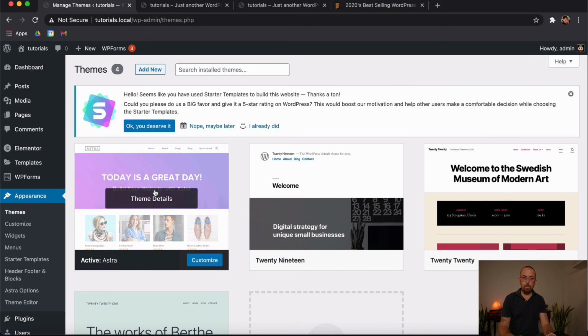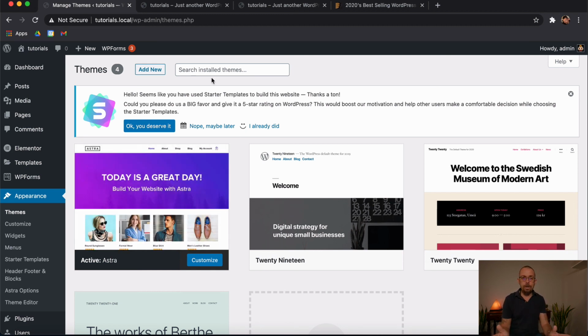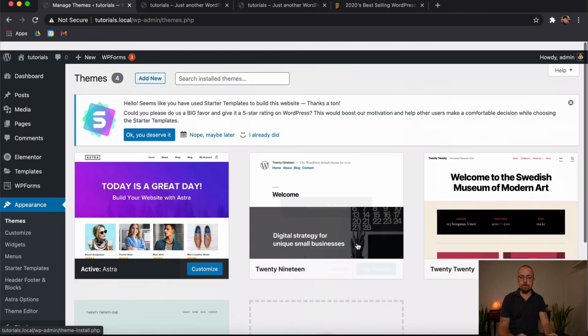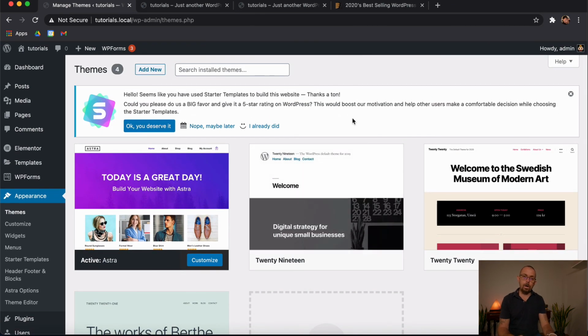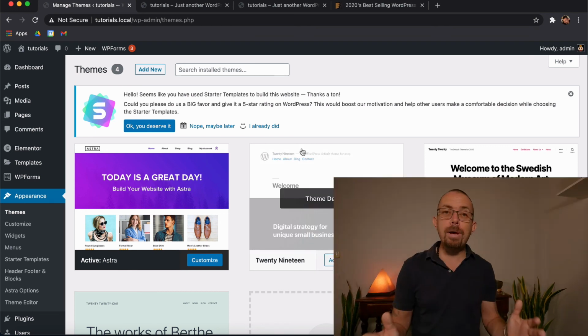You choose the theme you want, whether you buy one from an external source like ThemeForest, upload it, do the edits that way. Whether you come into WordPress and install a free theme. You know, Astra is a really good starter if you're new to this, because it comes with pre-made websites that you can just come in and edit the information. Or you're actually just starting with a real standard, simple one that you then start to update from that. So there's many different ways that you can bring themes in, whether you're buying one, whether you're getting a free one, whether you're uploading one, or whether you're using the built-in one.